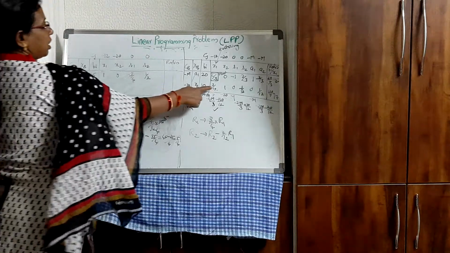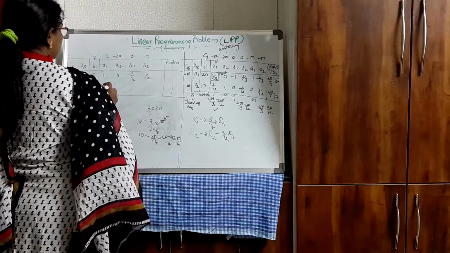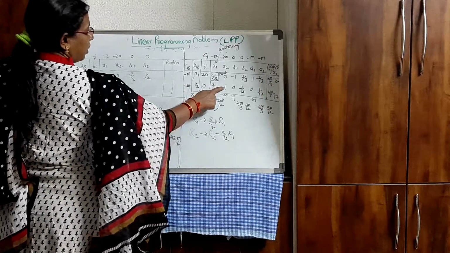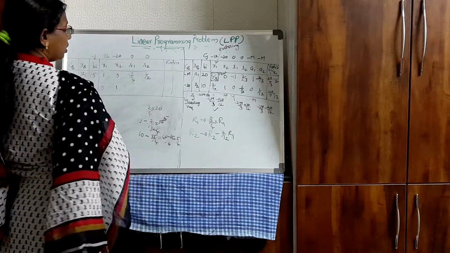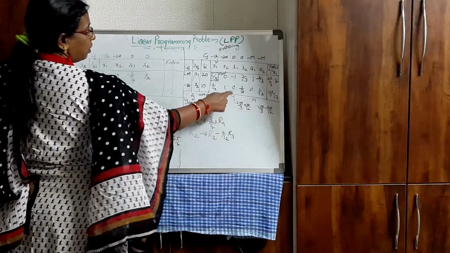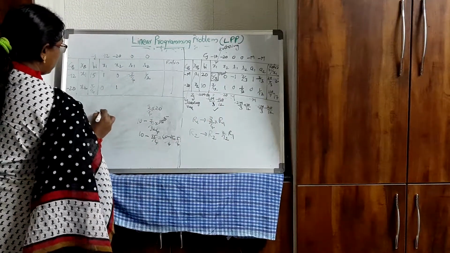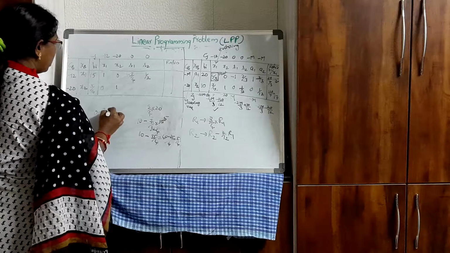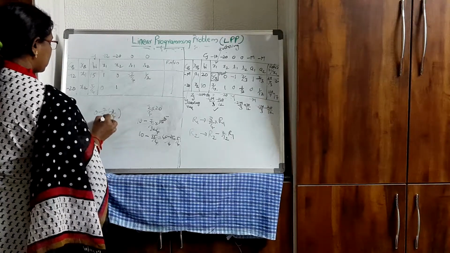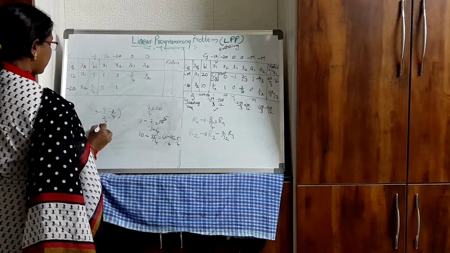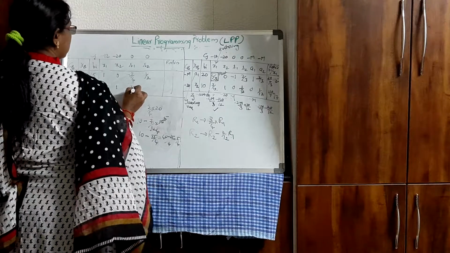Similarly this one, 7 by 12 minus 7 by 12 into R1. So this you got 0. Now 1 minus 7 by 12 into 0. So this is 1. Then you have 0 minus 7 by 12 into minus 3 by 4. So this is 3 ones, 3 fours. So you will get 7 by 16. So this is 7 by 16.